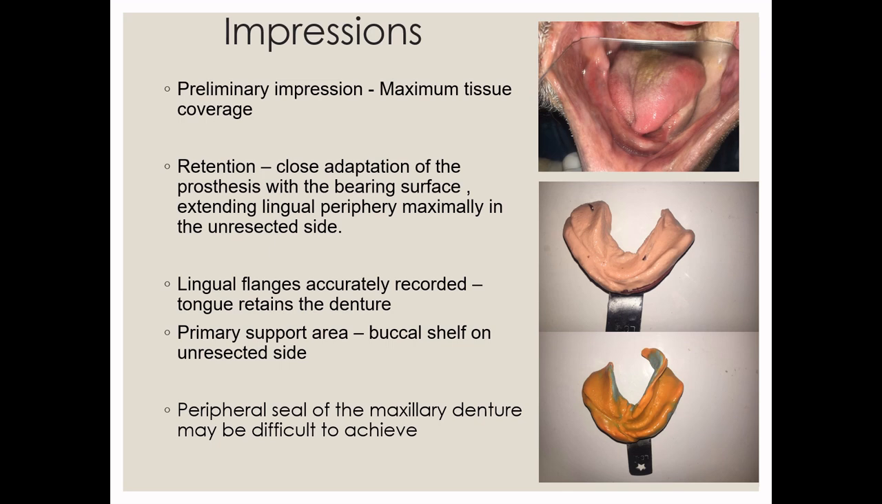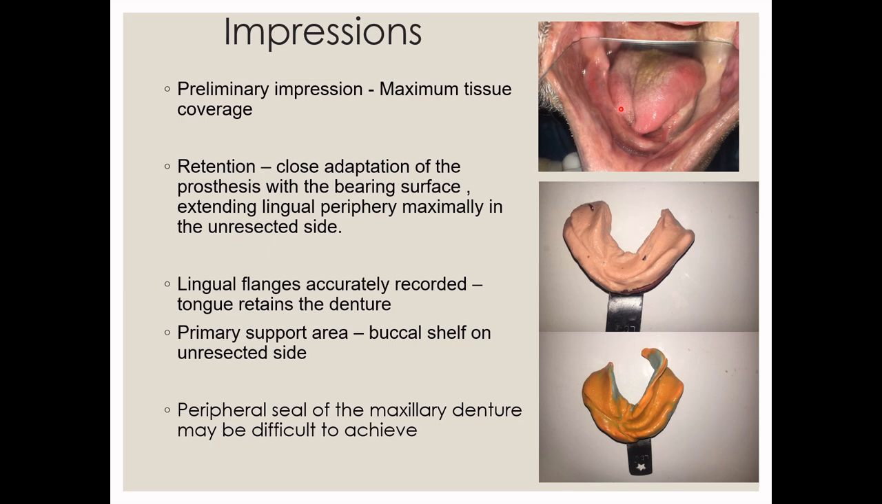Next, let us discuss the clinical steps in the fabrication of a resection complete denture. So the first and foremost step is the preliminary impression, where you have to ensure maximum tissue coverage. And for this, you can use either irreversible hydrocolloid in combination with an altered stock tray, or you can use polyvinyl siloxane. And as you can see in this picture, often the tongue closely approximates the alveolus, and so the